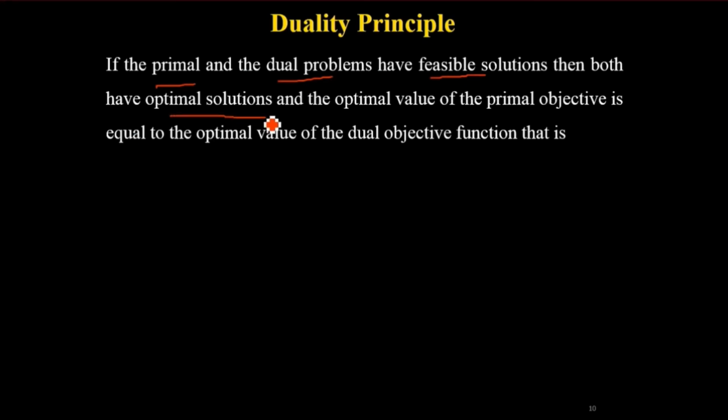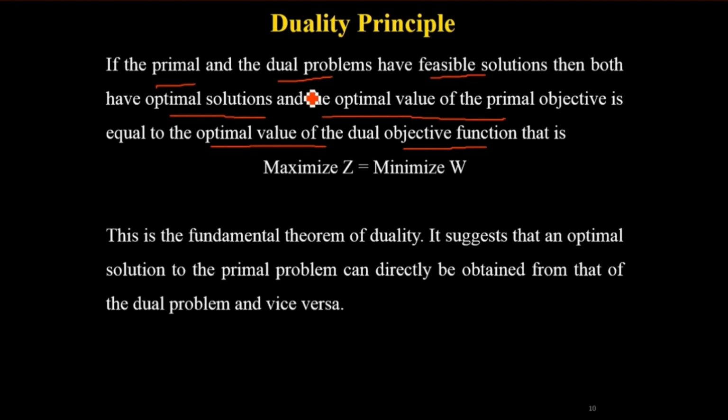Then both have an optimal solution, and the optimal value of the primal objective is equal to the optimal value of the dual objective function. That means if your primal and dual problem's decision variables satisfy the constraints, then it has a feasible solution. If they have a feasible solution, they have an optimal solution, and if they have an optimal solution for both primal and dual, the optimal value of the objective function will be the same. So this is the duality principle, and this is nothing but our fundamental